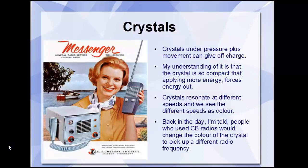So crystals under pressure plus movement can give off a charge, and my understanding of it is that the crystal is so compact that applying more energy forces energy out. So crystals resonate at different speeds as well. Obviously we see those different speeds as colour. But it was just an interesting point that I wanted to bring up, because back in the day, I'm told, people who used CB radios would change the colour crystal to pick up different radio frequencies,